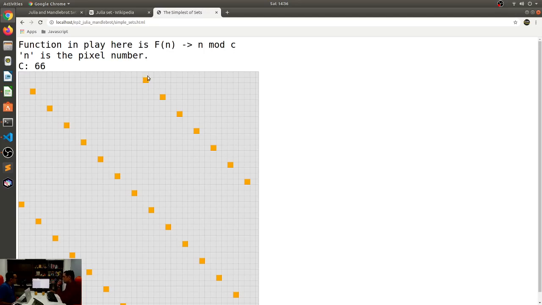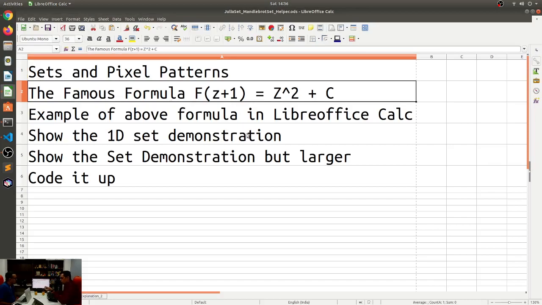So I just wanted to show what happens if I have a canvas or some sort of graphical device and I want to highlight some pixels on it based on a specific function. It produces these beautiful patterns. So that's what I wanted to show with this one. And let's take it up just a notch above and let's look at this function: z plus 1 is equal to z square plus c.